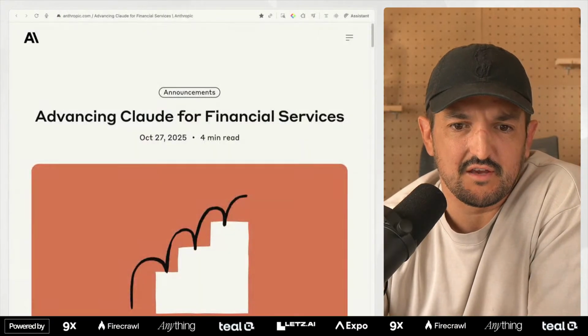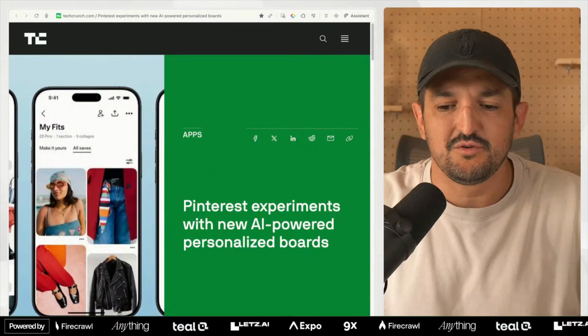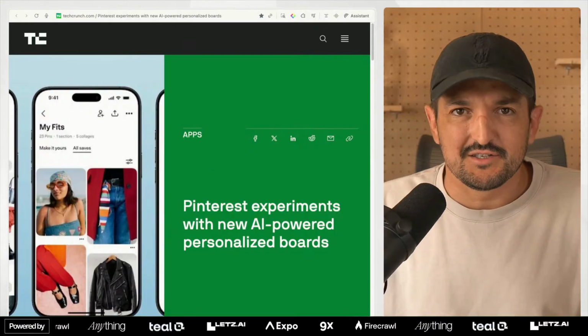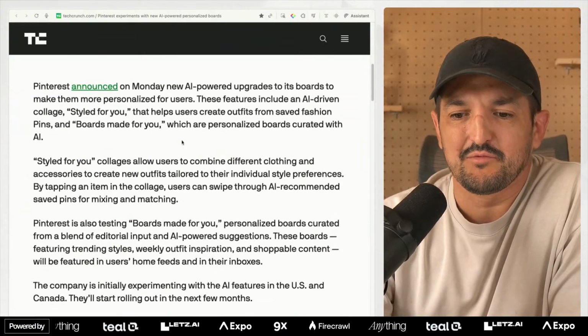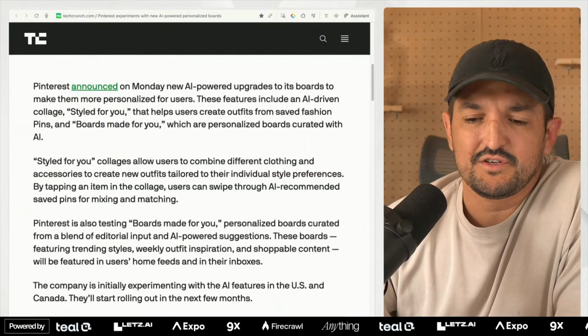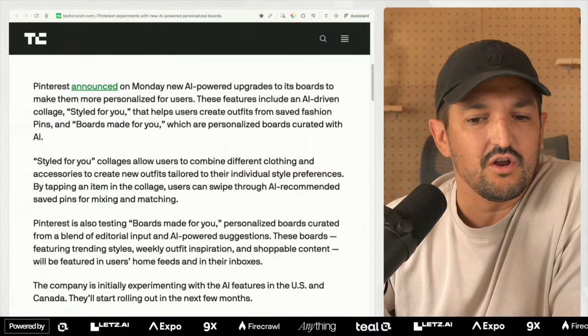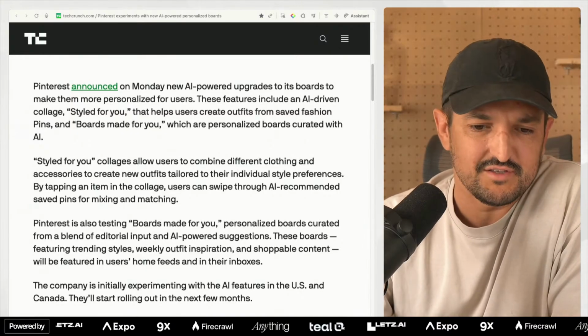Let's see the next story. Pinterest experiments with new AI-powered personalized boards. So yeah, I like this idea. Pinterest announced on Monday the new AI-powered upgrades to its boards make them more personalized for users. These features include an AI-driven collage styled for you that helps users create outfits from saved fashion pins and boards